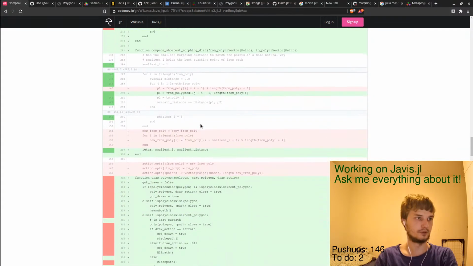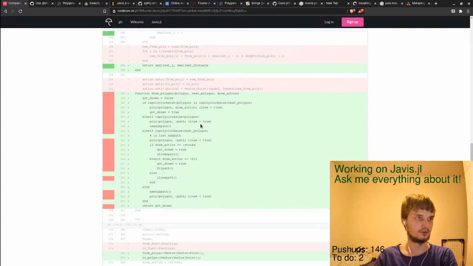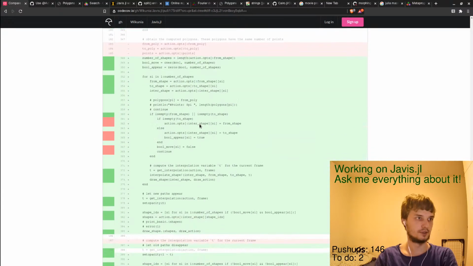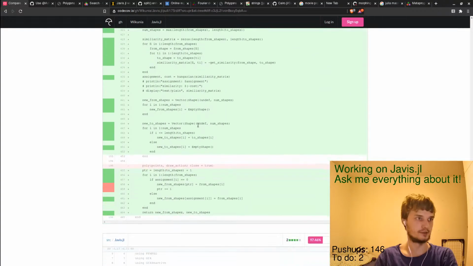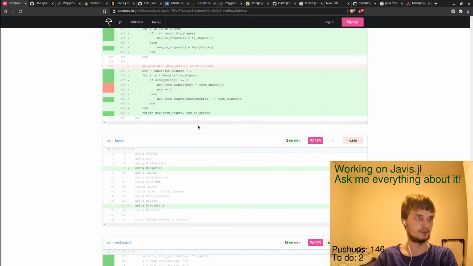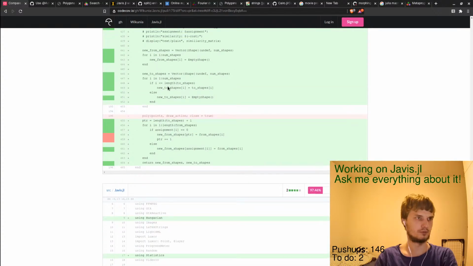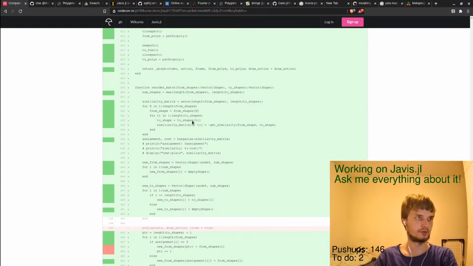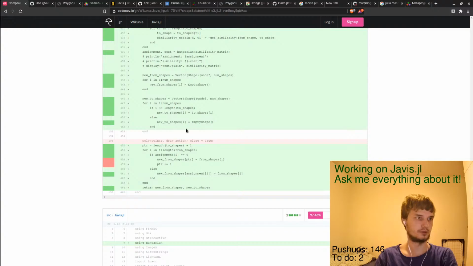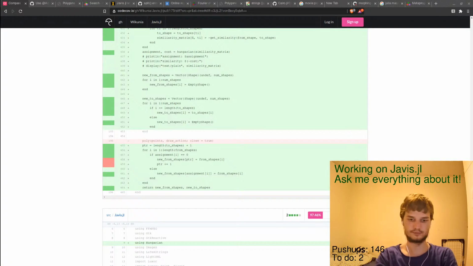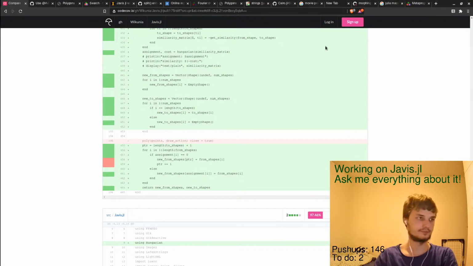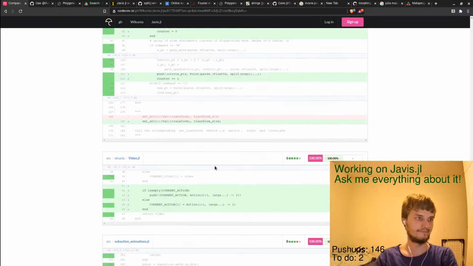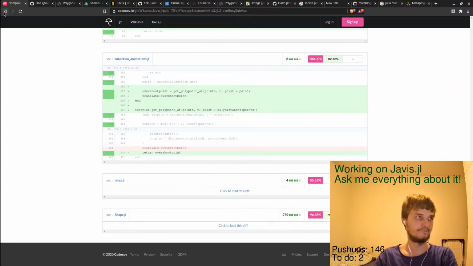Try merge polygons is not called. Draw polygon. Yeah, I think draw polygon is not needed. This, okay.